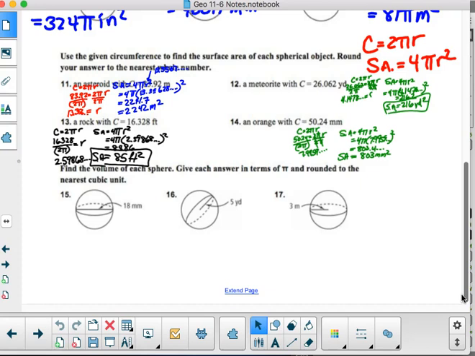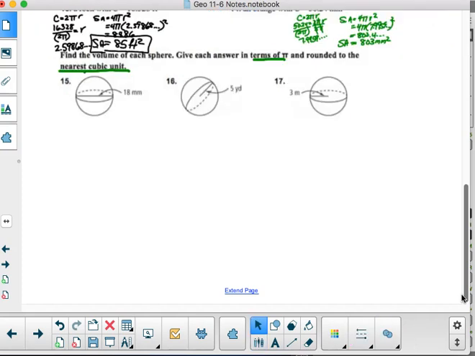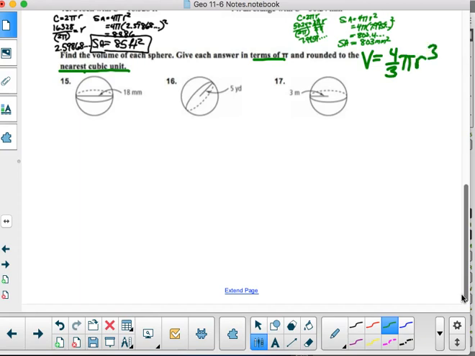Now, find the volume of each sphere. Give each answer in terms of pi and round it to the nearest cubic unit. So we're going to do terms of pi and to the nearest cubic unit. That's two answers on each one of these. Let's give ourselves some room. And remember, volume is equal to 4/3 pi r cubed. Every time,